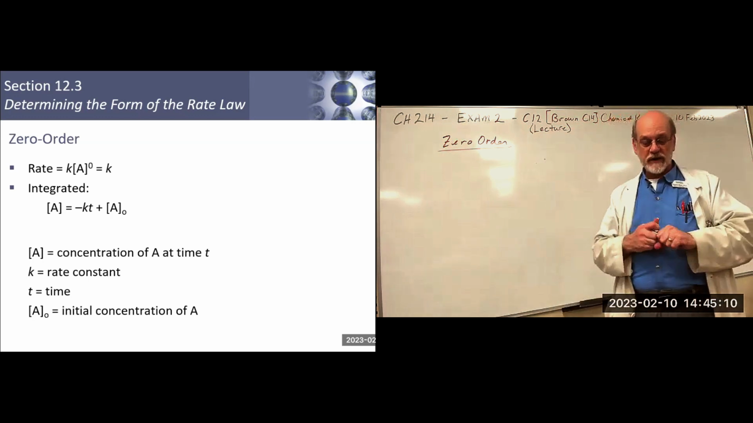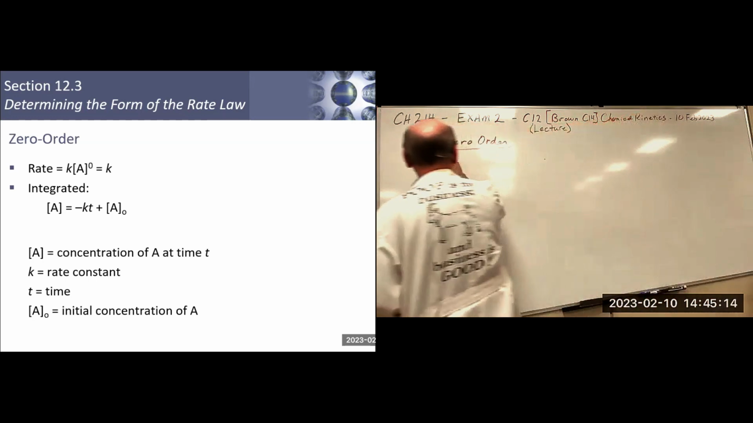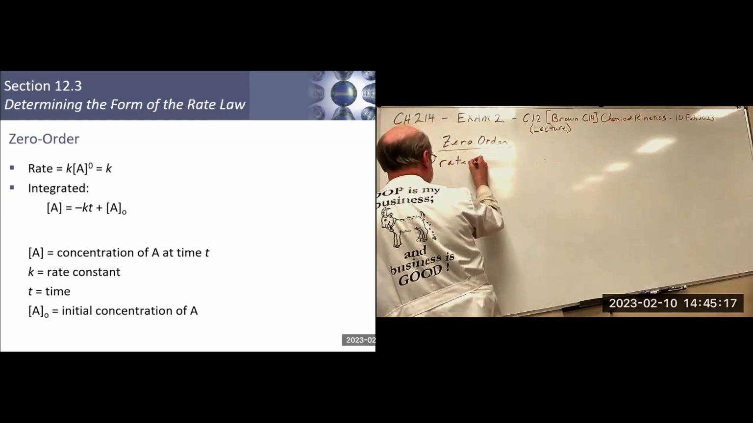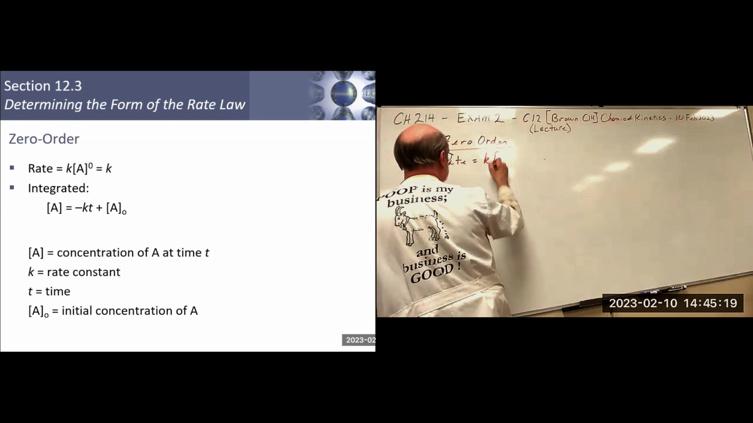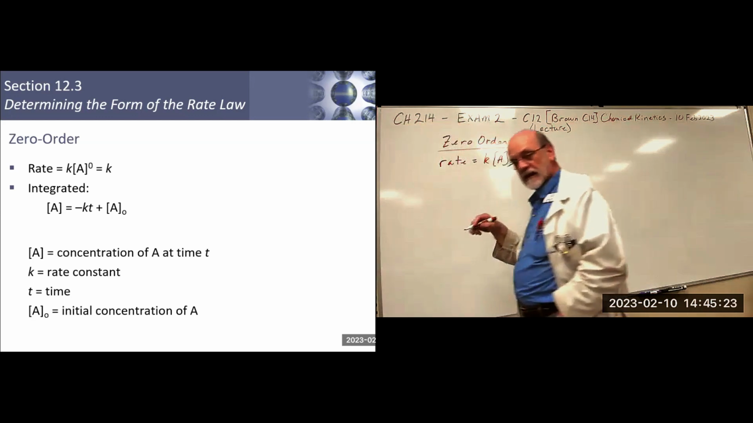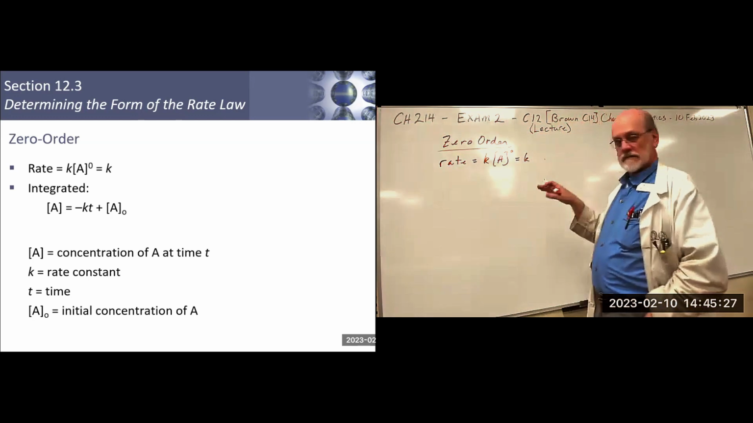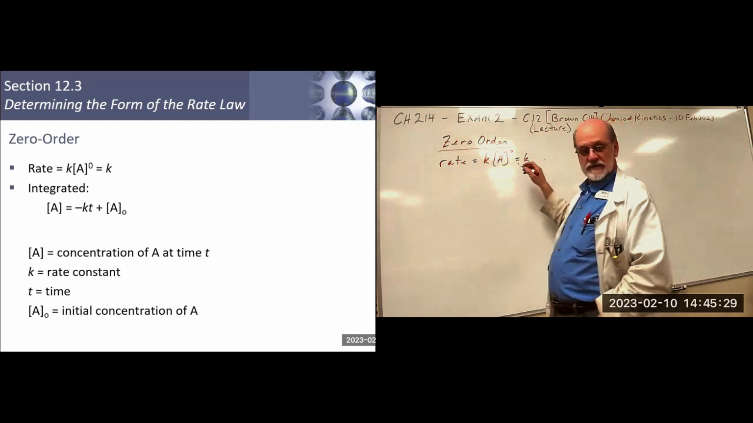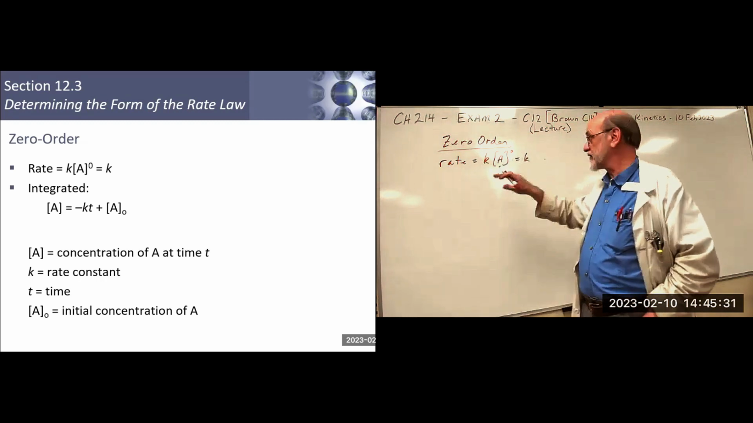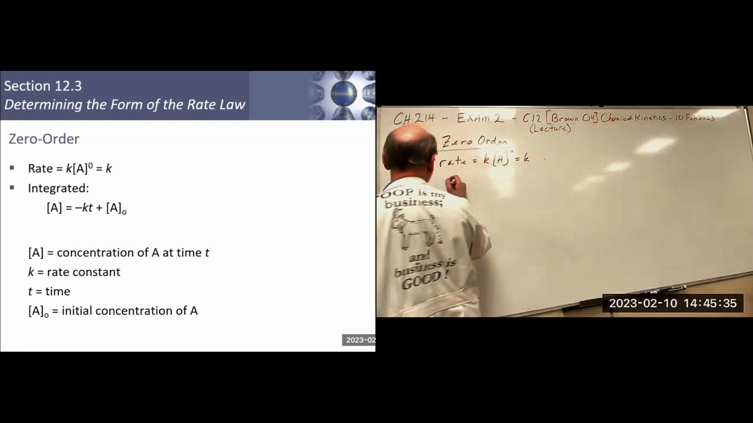So this is where we're starting. 0 order. So in this case, the rate law says the rate equals some k times A to the 0 power, which is equal to k. And that's the differential rate law. The integrated rate law is